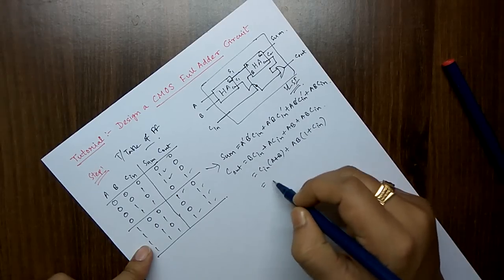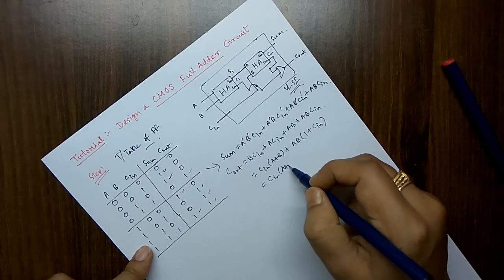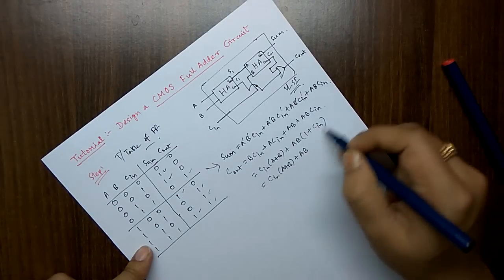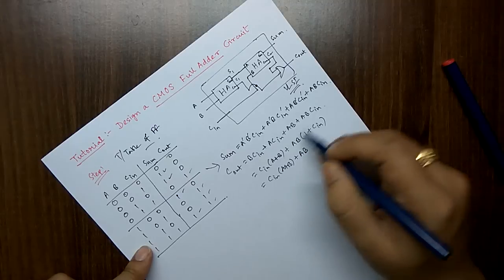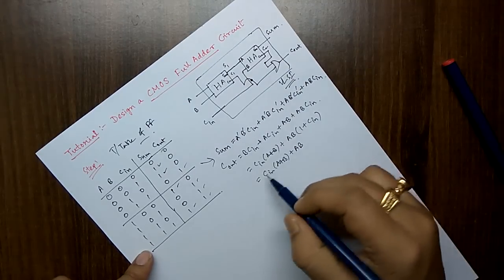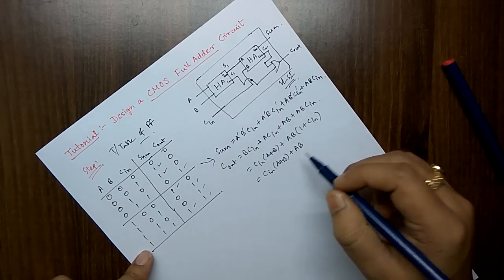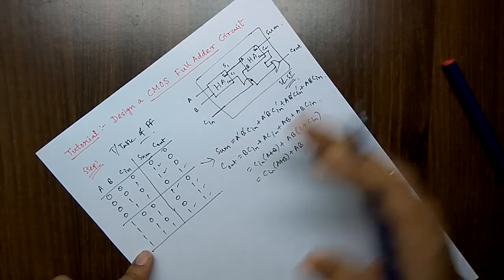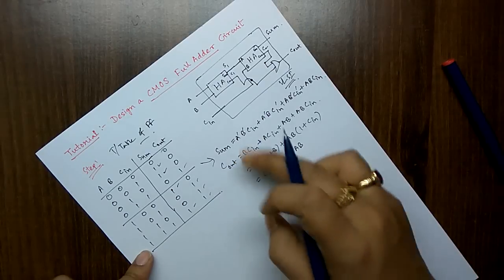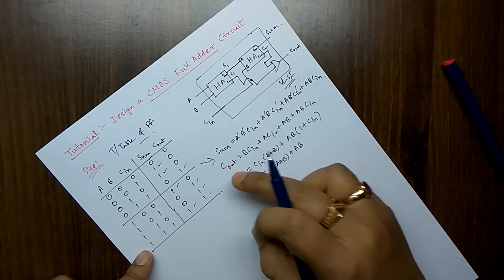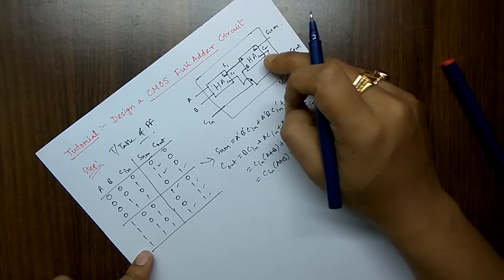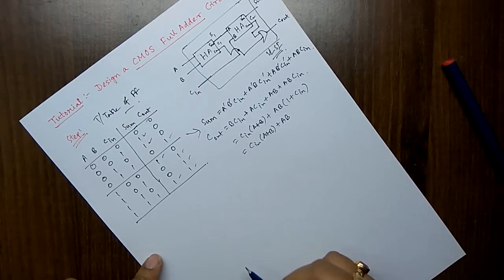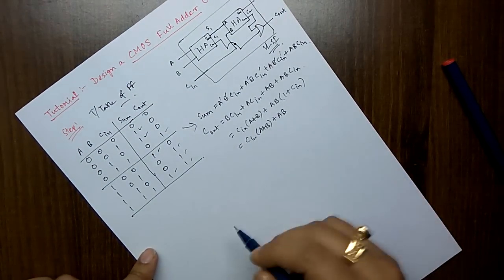So finally what we will get? C in into A plus B, plus AB into 1, because 1 plus C in is ultimately giving you 1. This is the Boolean expression. So first we will design C out, and then we will see the second step of the full adder, because the pretty complex case here is that C out will be taken as the third input of the next half adder circuit. So if you quickly draw this diagram, here we will see C in into A plus B.